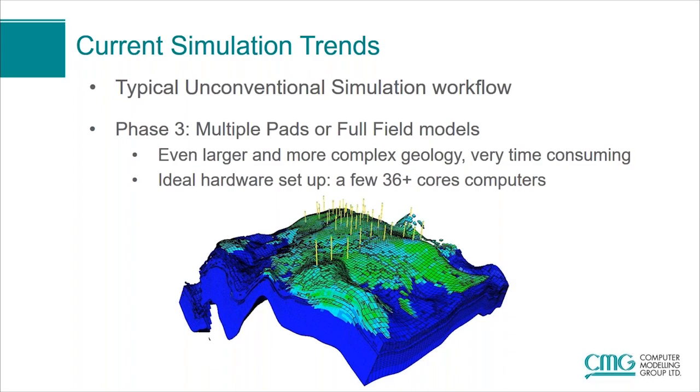So note about this workflow, it is not sequential. So while you're doing phase 3, you might still be working on phase 2 and looking at the individual well, or you might be running some of the mid-size models in between. Right? And this workflow is also not unique to just the unconventional side of things. Right? We see the exact same workflow in our SAGD, where you start up with a single well pair and you work your way up to a full field. And you see a very similar workflow in things like water flood or chemical flooding, where you start with very simple models and work your way up to very complex models.